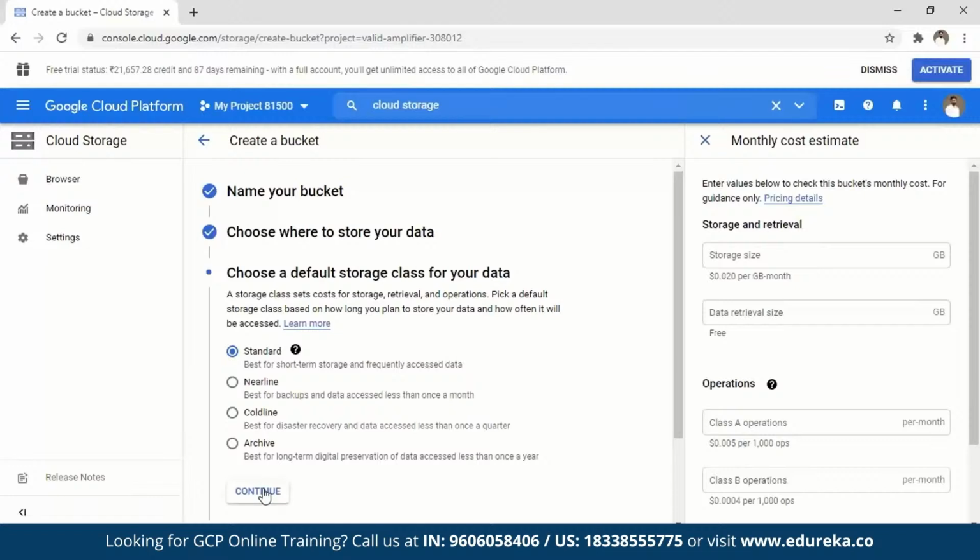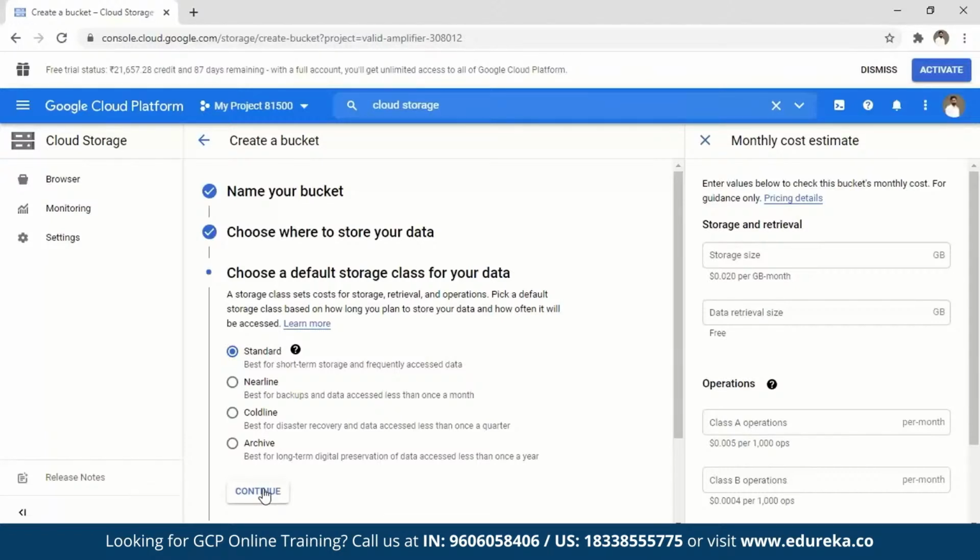Say, for example, you want to store your data, right? It is mission critical data and you want to access it right away. Okay. So in that case, you should store your data in standard access. This is where no matter when you put your data, you can retrieve it right away. Okay. No retrieval time is required. Nearline is something when you put your data there, you have to keep that data there for at least a month. You cannot access it or retrieve it before that.